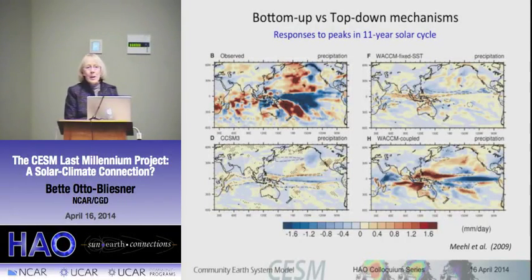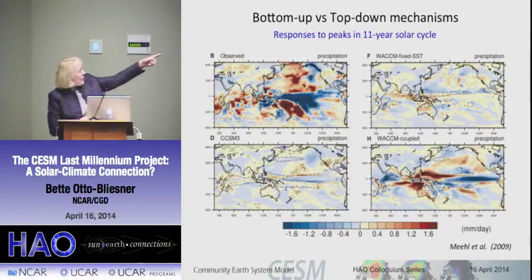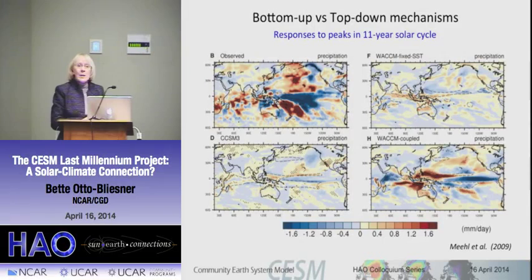I think they used WACCM 3, though I haven't figured that out yet, where they tried to understand the responses to peaks in the 11-year cycle, comparing kind of a top-down versus a bottom-up simulation. So this is changes in precipitation, annual precipitation in millimeters per day. The top left is the observed pattern. You're looking over the Pacific there, centered over the Pacific. So you see these large decreases and increases in precipitation when you compare the peak in the 11-year solar cycle